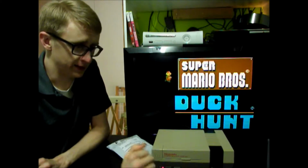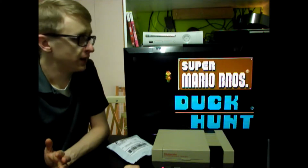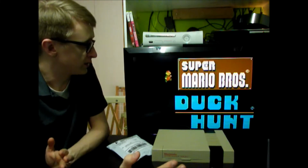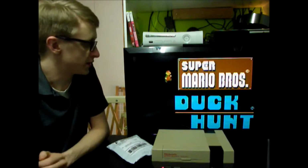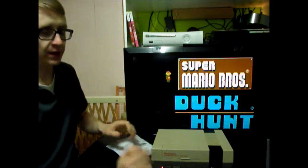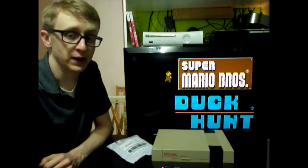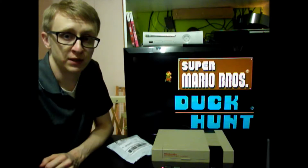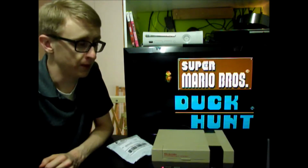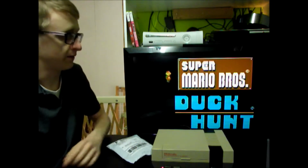So, as many of you collectors of the NES may know, it can be quite a challenge to get your cartridges to start up and work properly. So, the 72-pin connector that you can buy and replace yourself is a cheap way to alleviate that problem. So we're going to see just how much of a difference it makes